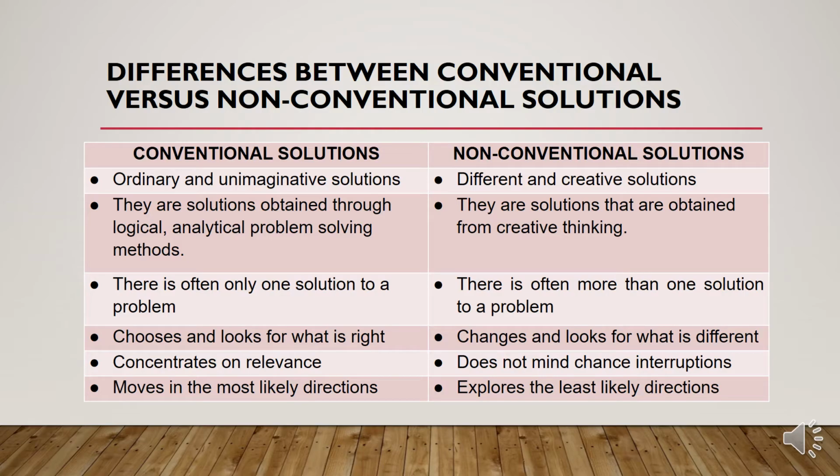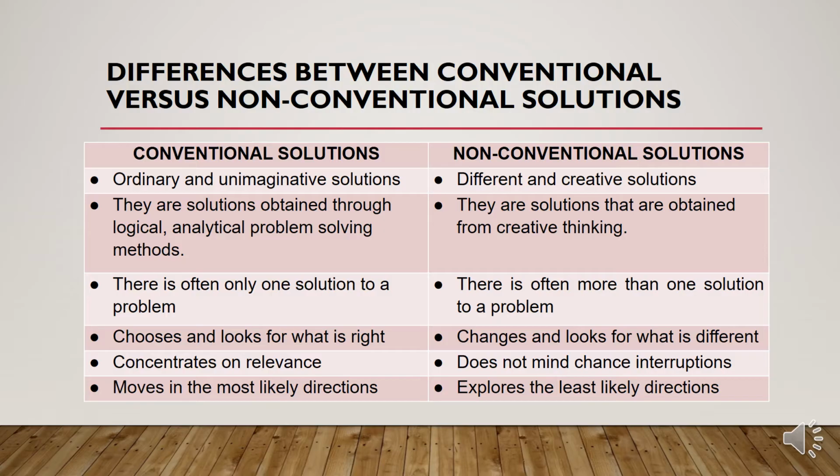What is the difference between conventional and non-conventional solutions? Conventional solutions are your ordinary and unimaginative solutions. Your non-conventional solutions are creative. They are different. Conventional solutions are solutions obtained through logical, analytical problem-solving methods, whereas non-conventional, the creative solutions, are obtained